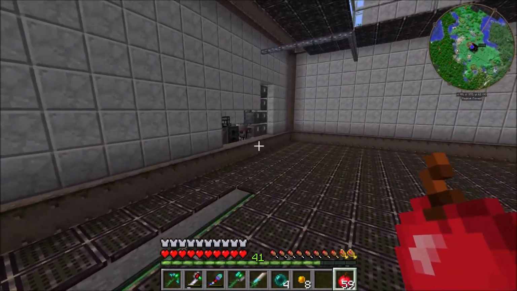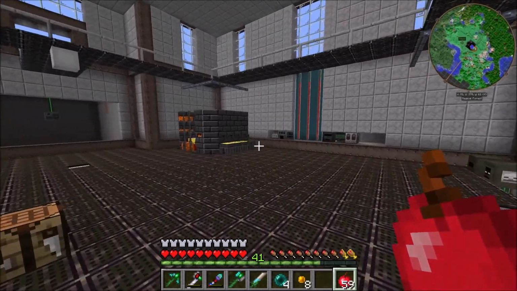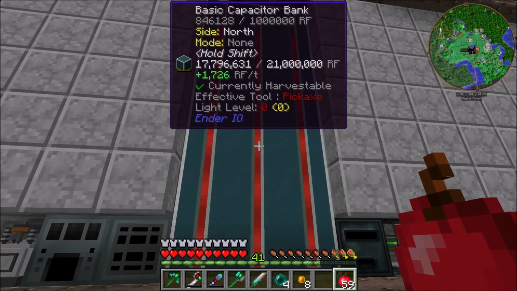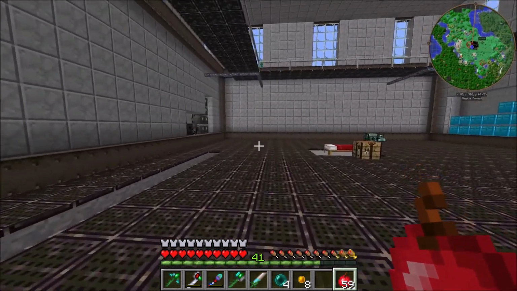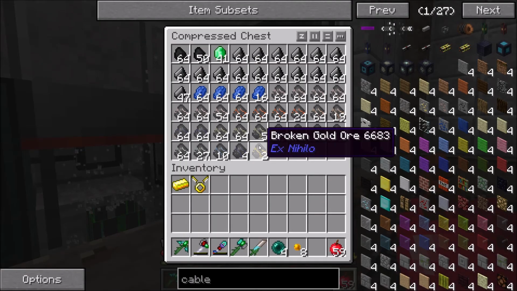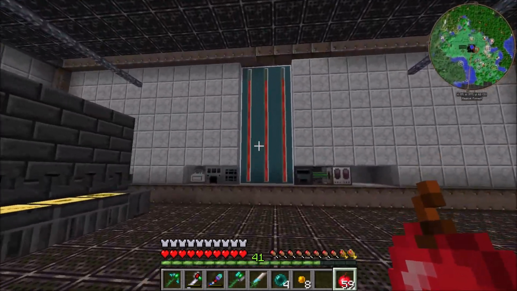I kind of want to see if we shut this off. Disabled. Shut it off. Okay. I want to see how much we're getting without the power drain on it. So 1700 per tick just about. So that means that that's not bad, but I feel like once we upgrade the cables, we're going to be bringing in a ton more power. So we'll leave this running for now, considering we can run it without power drain, you know, wiping us out